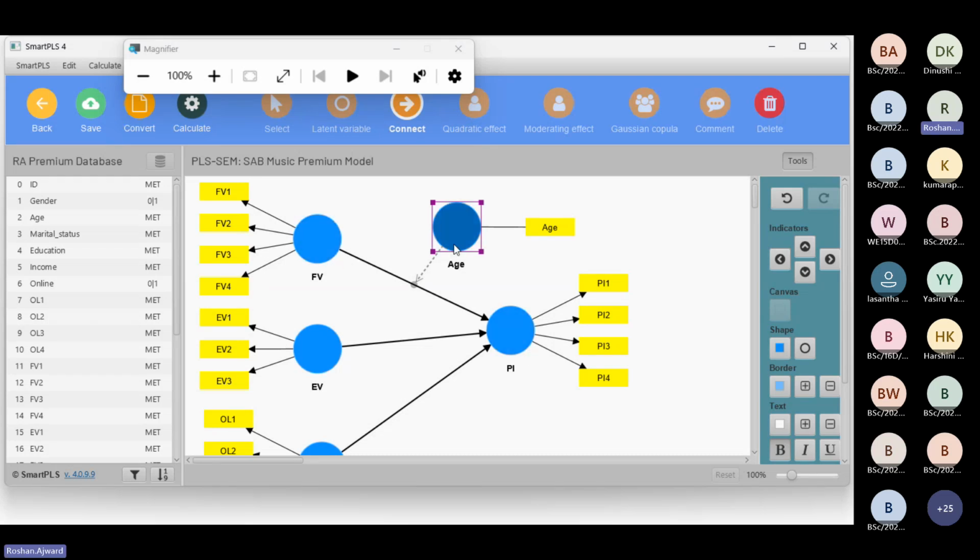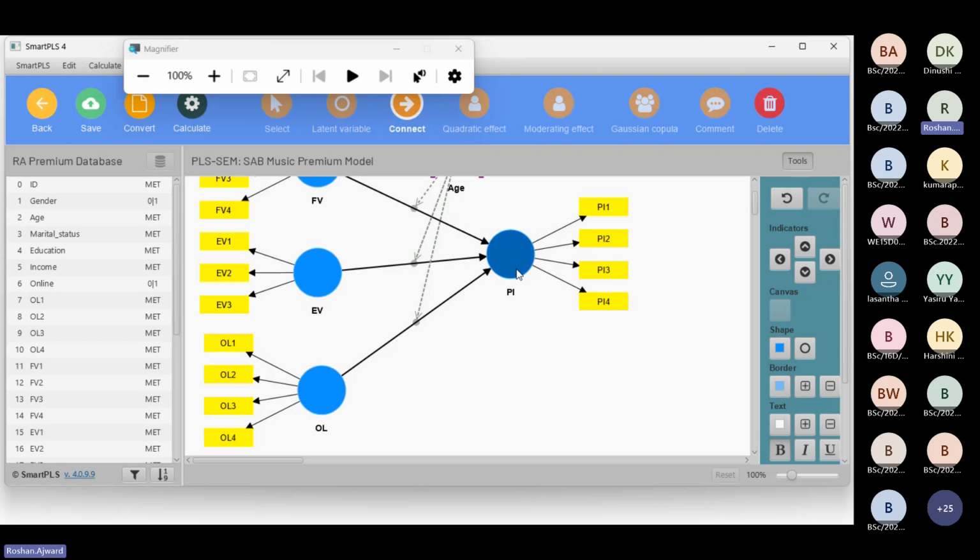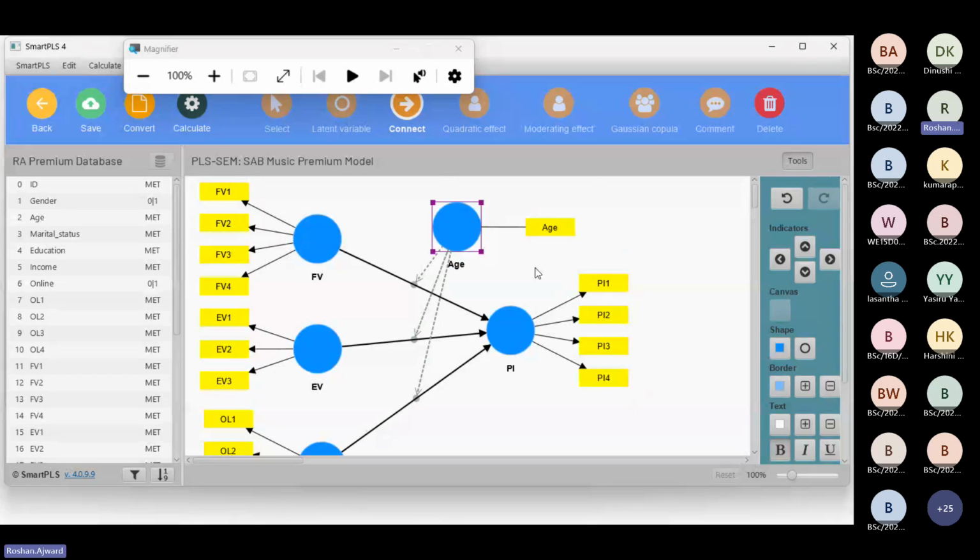And I can also draw another arrow from there to this arrow. Here what it says is age could strengthen or weaken the relationship between emotional value and purchase intention. And again, I'm going to draw another one from here to here. Here what I would say is age could strengthen or weaken the relationship between opinion leadership and purchase intention. So these are moderators. Now for your final exam, expect such kind of moderator,